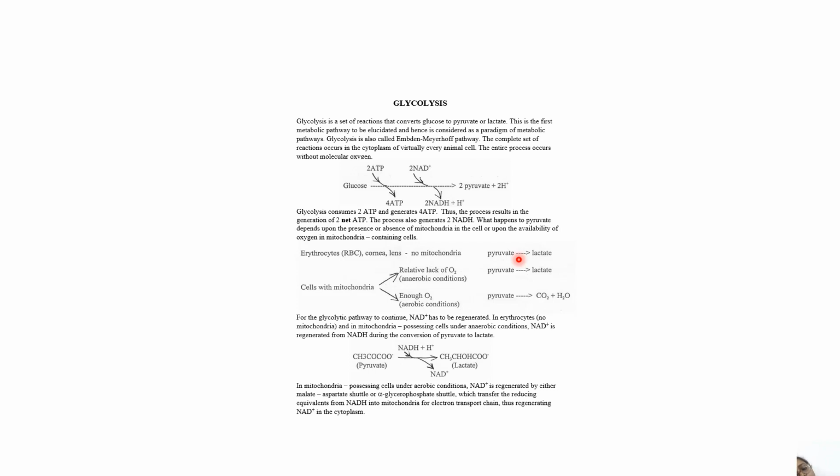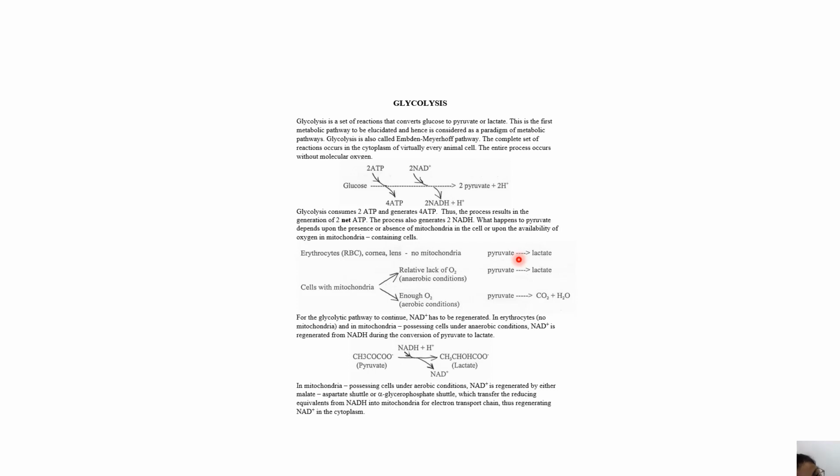of oxygen in mitochondria-containing cells. In cells like RBCs, erythrocytes, cornea and lens, which have no mitochondria, pyruvate will get converted to lactate. In cells with mitochondria, it depends on O2. If there is a relative lack of O2, then pyruvate will get converted to lactate. If there is enough O2, under aerobic conditions, pyruvate will get converted to CO2 and H2O,